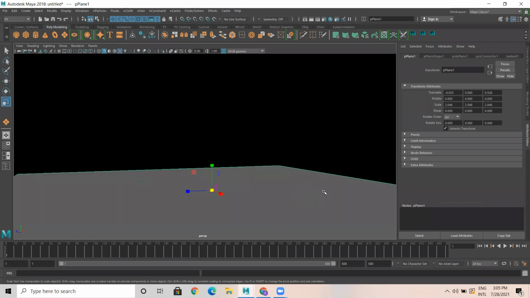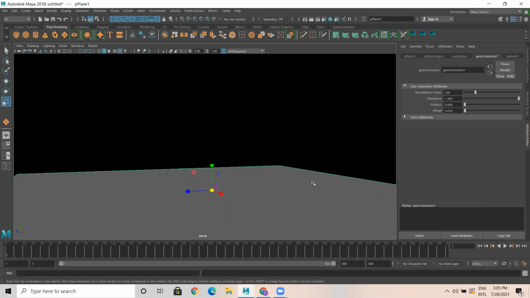Once this polyplane is getting collided with the particle, a new attribute will generate in the plane option called geoconnector. Geo is geometry. After the collision, connector. Okay. So it's a geoconnector.